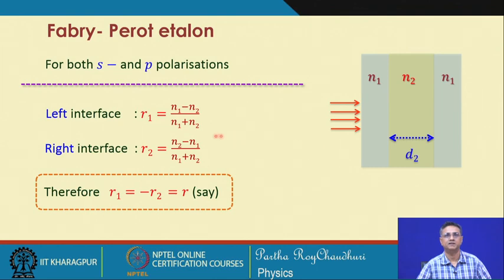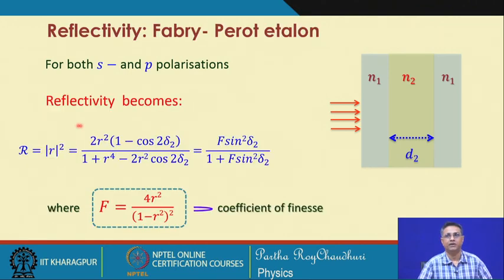From the right side, it is just the reverse in terms of the sign, (n2 minus n1) by (n1 plus n2), and therefore, we can write R1 equal to minus R2 is equal to R. Let us suppose this value is equal to R. Then the reflectivity becomes mod R square, and if I put in the equation of the reflectivity, then I end up with this expression, and you can rearrange this equation to write in this form, f sin square delta 2 by 1 plus f sin square delta 2,